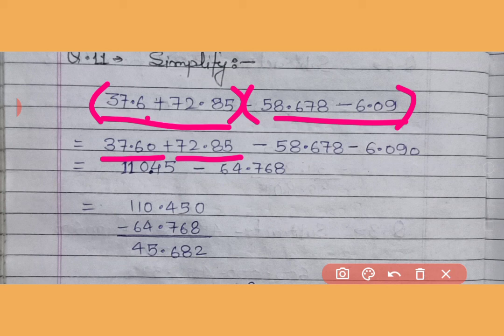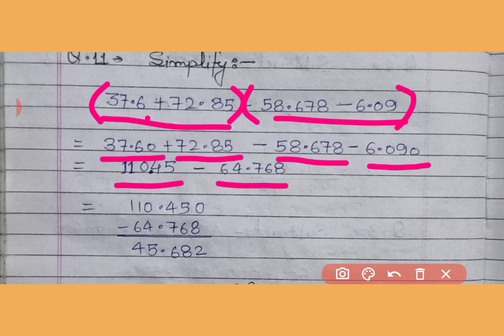Now after the addition we have got 110.45. Now here both terms are negative, 58.678 and 6.090. After the addition of these negative numbers we are getting